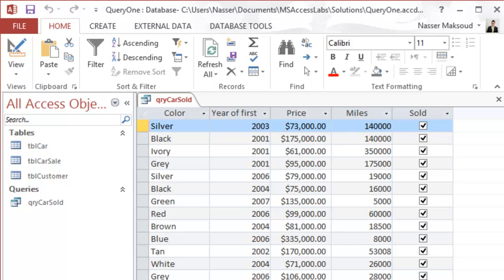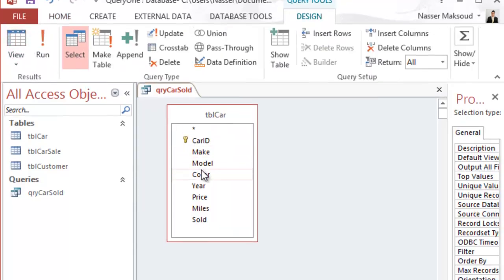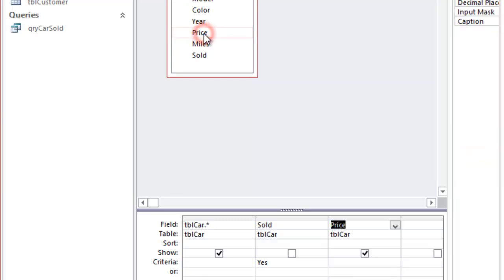Now we want to sort the sold cars in descending order of the price. So now we need to add the price field to our query structure. So I will go to the design view, double click on price, and then do you see the sort row here? You need to make sure that you select descending as it says in the instructions,